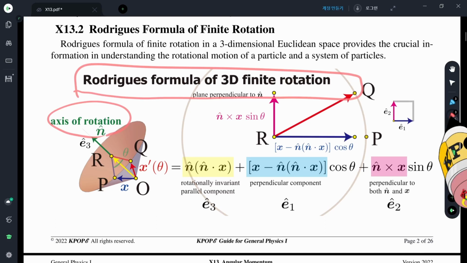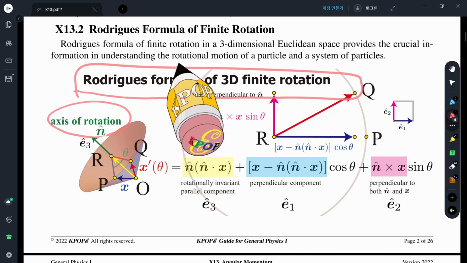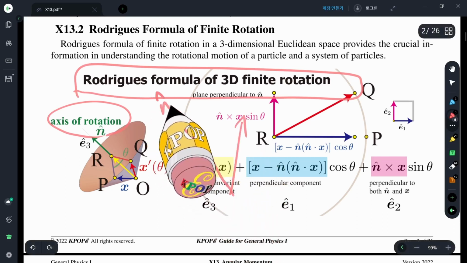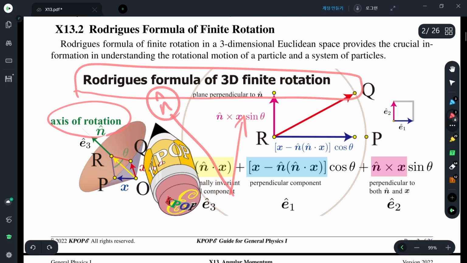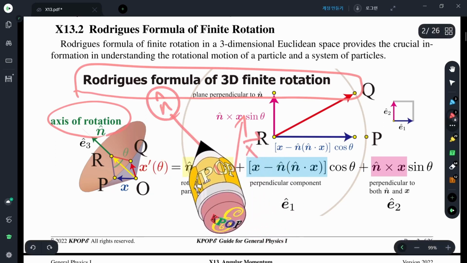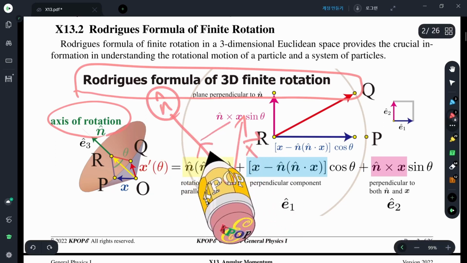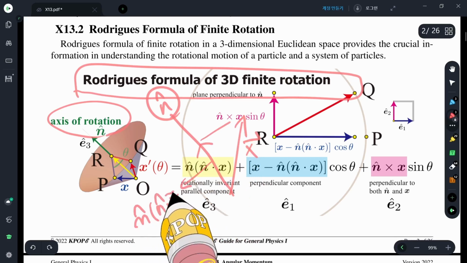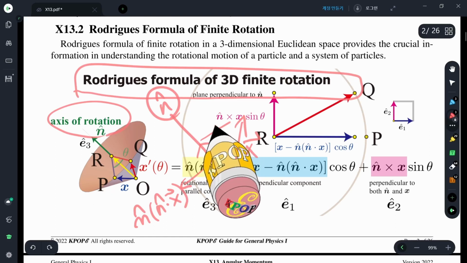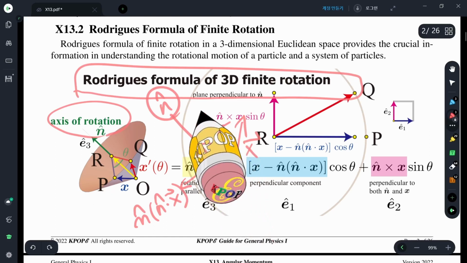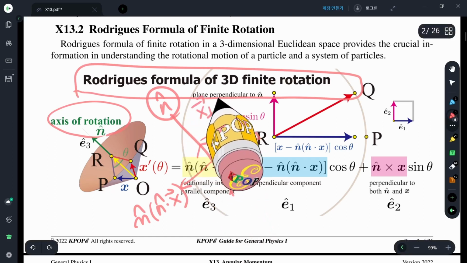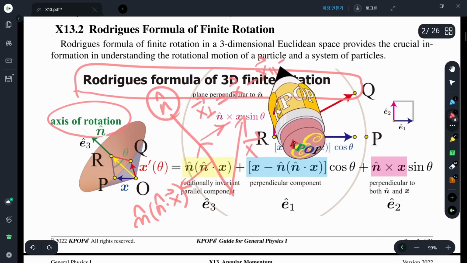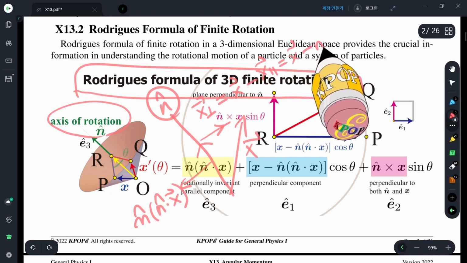First of all, we decompose a vector x that is being rotated about the axis of rotation n hat. Any vector has a component that is parallel to n. That component is n dot x, times n. And there is another component that is a perpendicular component, x perp, that is x subtracted by x parallel. That means x minus